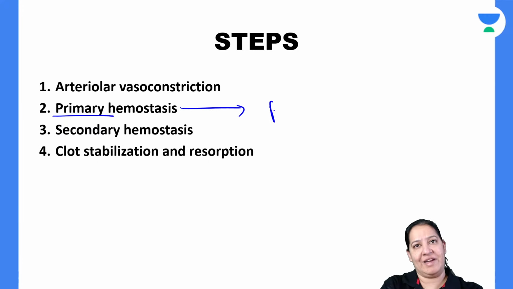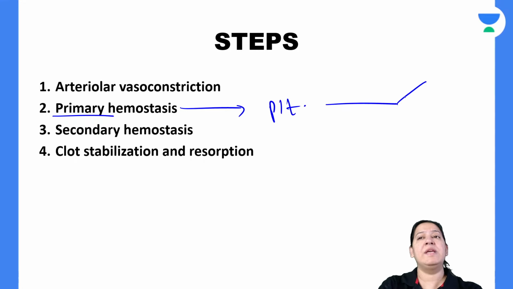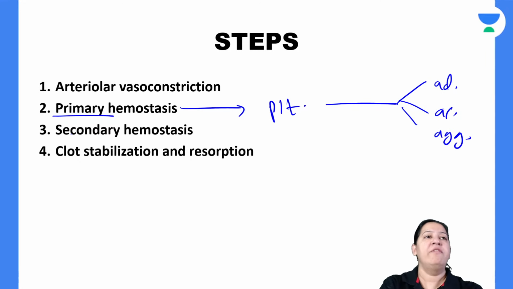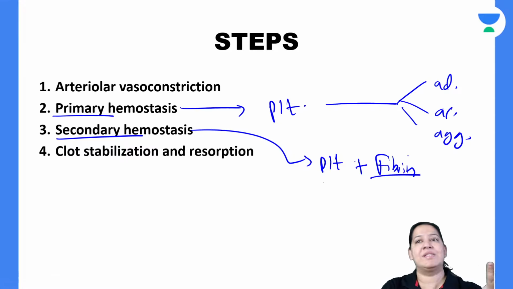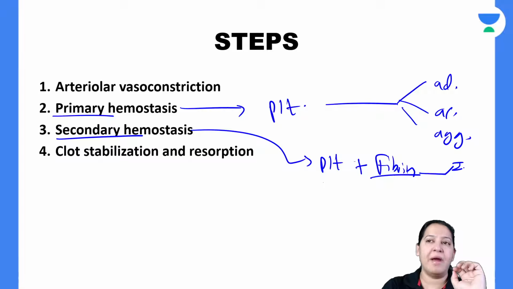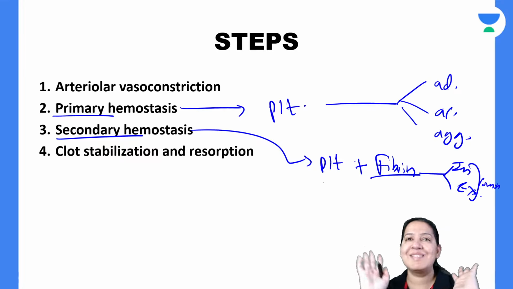It is made up of platelet. And the three steps are adhesion, activation, and aggregation. We are done with secondary clot. It is made up of platelet along with stabilized fibrin. So fibrin is coming and stabilizing the platelets. Then it is known as secondary clot. So fibrin comes either by intrinsic pathway or by extrinsic pathway along with common pathway. So that is the summary till now.